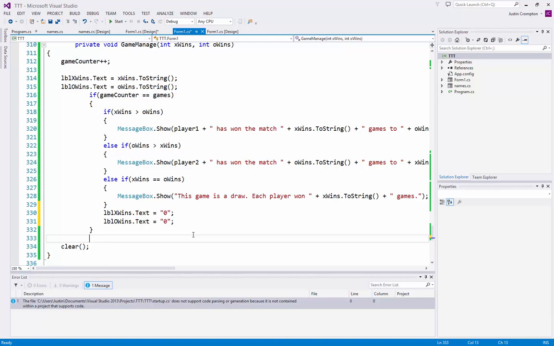Now you say, well, if you're going to close it, why would you want to do that? If they replay and it reopens the form, it won't reset the values. Whatever's there will stay there. So we're going to keep it. We'll reset it so that won't happen. Now,